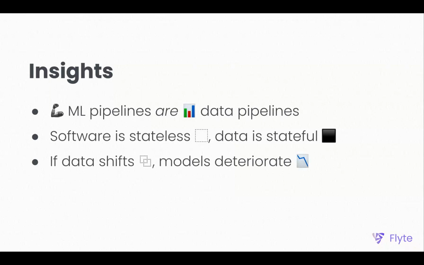And then finally, related to these previous two points, if data shifts, models deteriorate. I think I'm just restating similar ideas here, but the main idea is that the only constant in the world is that it's changing. And if you have this static model sitting somewhere generating predictions, how do you know, if you're not monitoring it, whether the assumptions that model is making, based on the data it was trained on, no longer hold today?